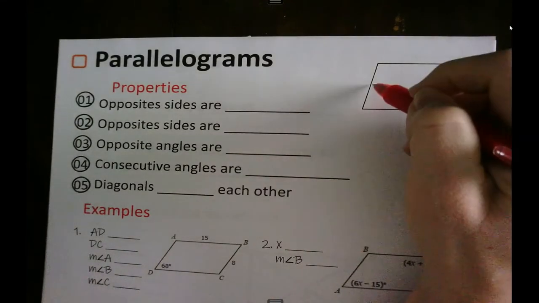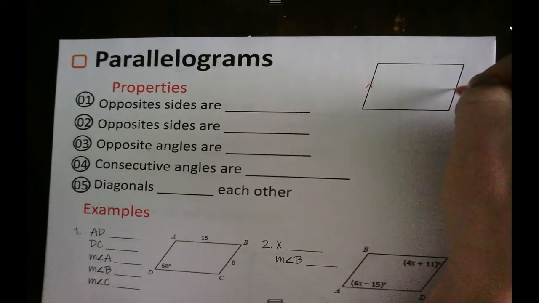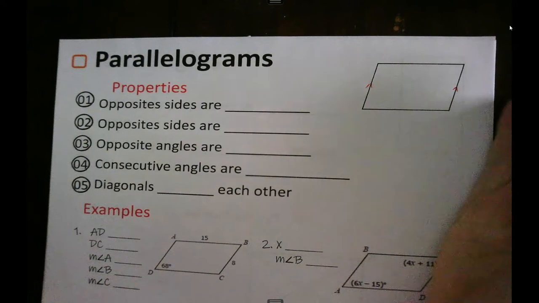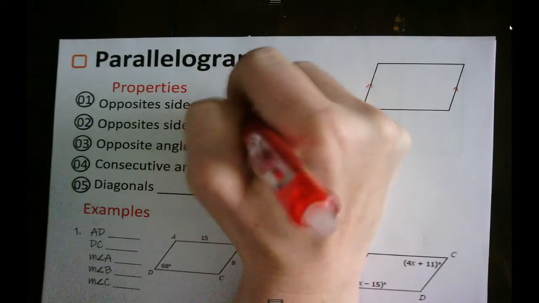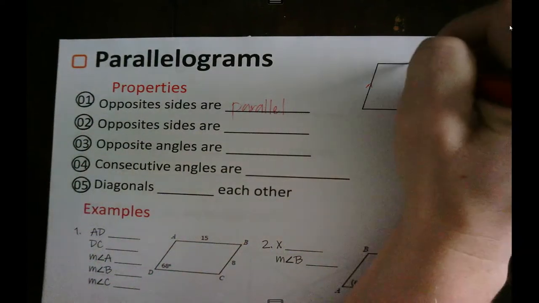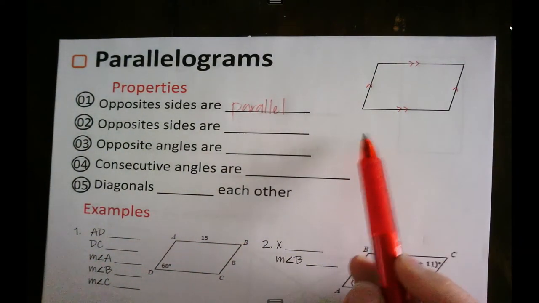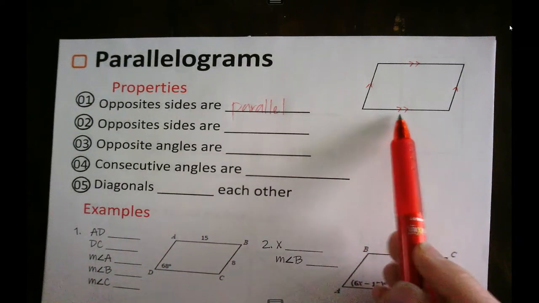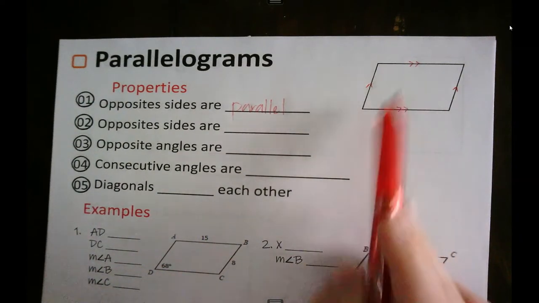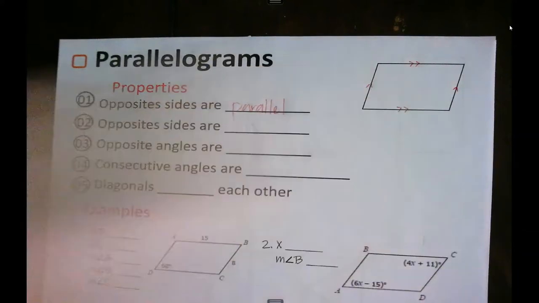That means that this side right here is parallel to this side, meaning that they're never gonna meet. Oh, I didn't write parallel here, did I? Oops. And then that also means that this side is parallel to this side. Remember those little arrows on your lines mean parallel. All right. Opposite sides are also